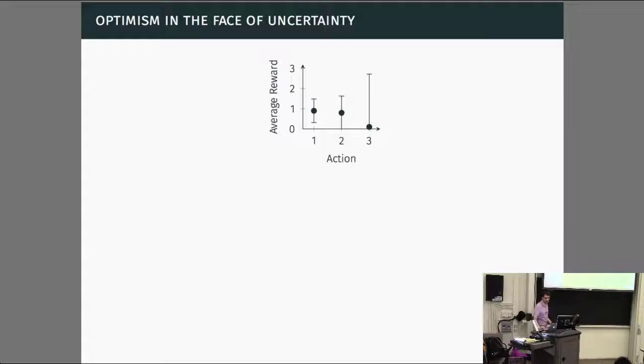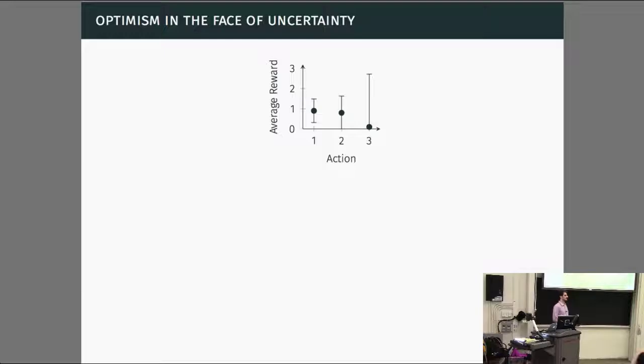What that means here is these are actually the same actions, the same as the histogram I showed before, same three actions. And what we notice is that our uncertainty over action 3, as you pointed out, is very high, because we've only sampled it once, right? So these are some form of confidence bounds, which I'll go into in a second. If we look at the confidence intervals over these, we say that, okay, action 3, we really don't know how well it does, even though it seems to be much worse than the other two actions. We've only sampled it once, right?